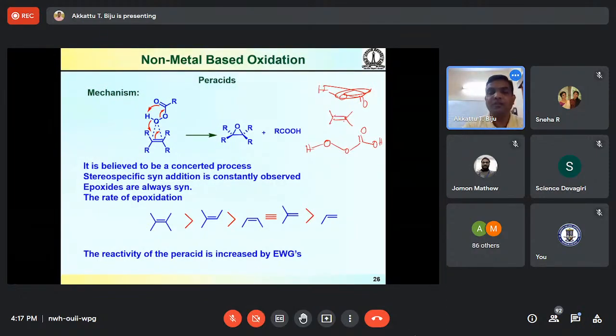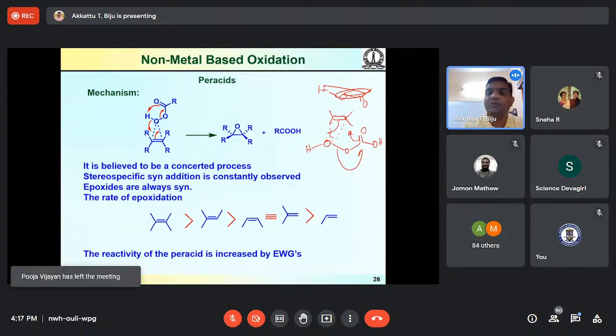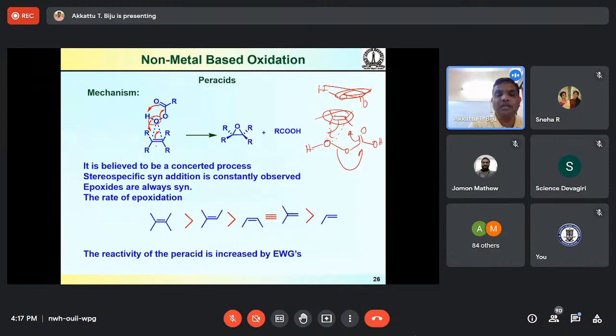The olefin will add to the peracid oxygen in such a way that the electron richness of this carbon-carbon double bond can be utilized for its addition to the peracid oxygen, thereby cleaving this O-O bond. As I told you, the oxygen-oxygen bond of the peracid is really weak, and that is the key for all sorts of epoxidation reactions. So this is a concerted process, and this reaction is initiated by